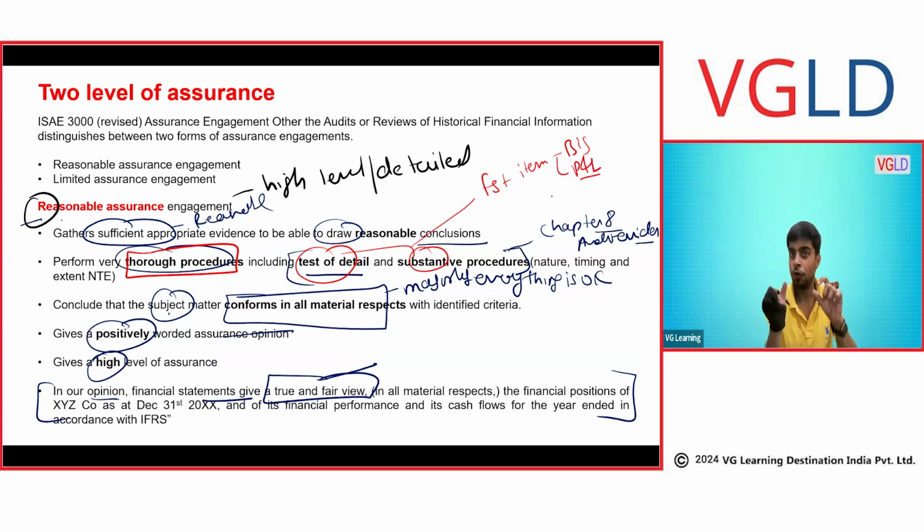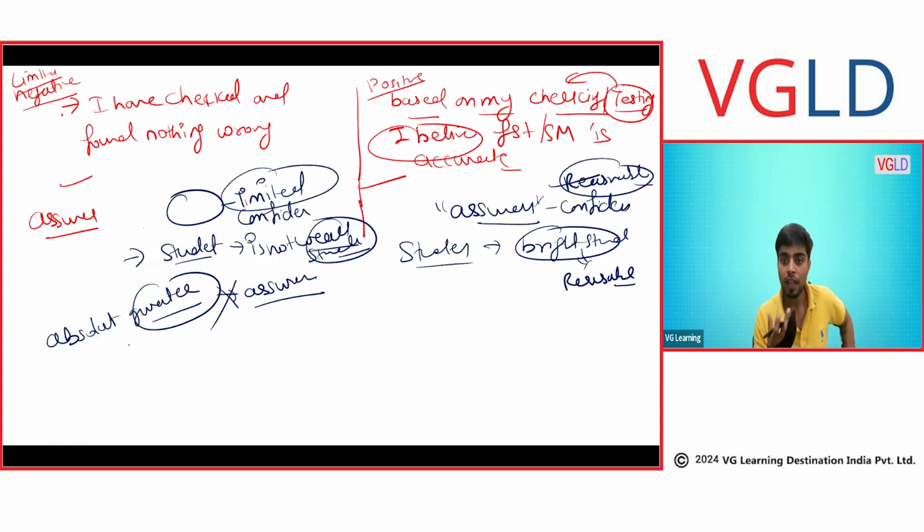If I have a revenue reported in my P&L, I will be digging deeper and trying to see whether they have invoices, whether they have GTN, whether this was ordered by the customer. So I'm going one layer deeper, trying to confirm whether that sale actually occurred, right? So this is a more detailed procedure. In reasonable assurance, we try to give a positive opinion. What I mean by positive opinion is that we try to see whether the financial statement is true and fair. If we test something, if we check something, then we say that this was a good financial